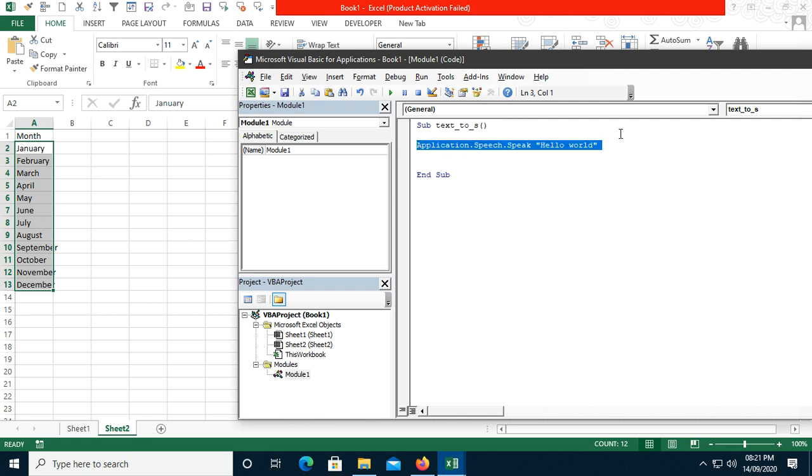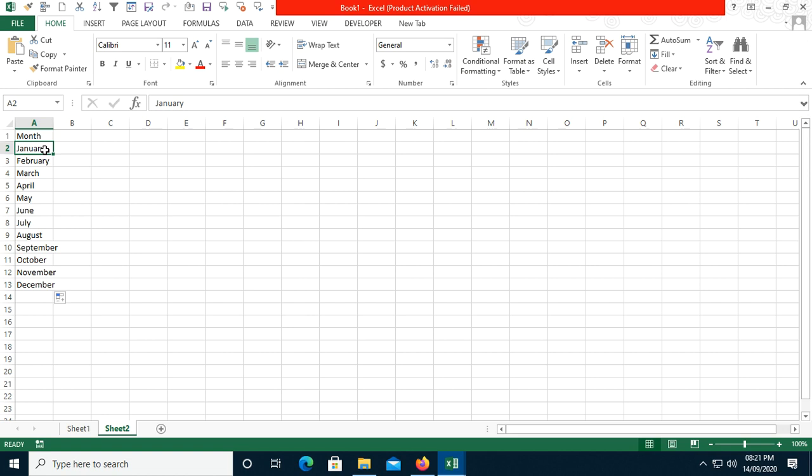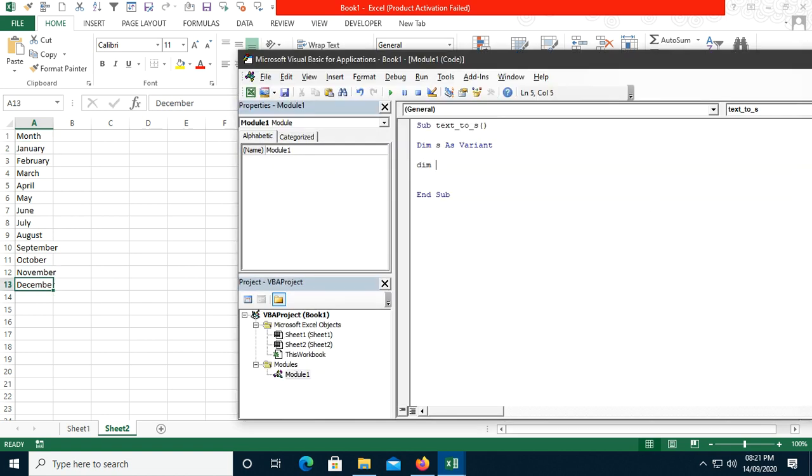So for that I will use one variable, Dim s, and whatever variable name you want to take you can use, just like I'm using s here because it is for speech or speak. If you just use a, b, c, d, it will also work. Dim s As Variant, so I'm taking a variant here. I want it to speak January to December, so I will write For i = 2 to 13,